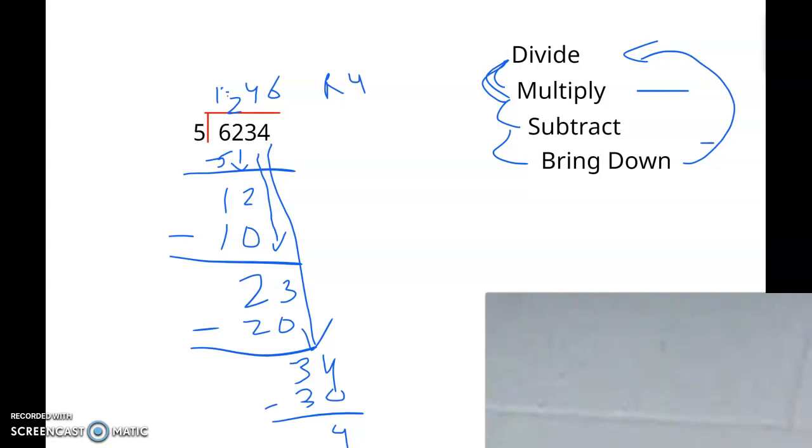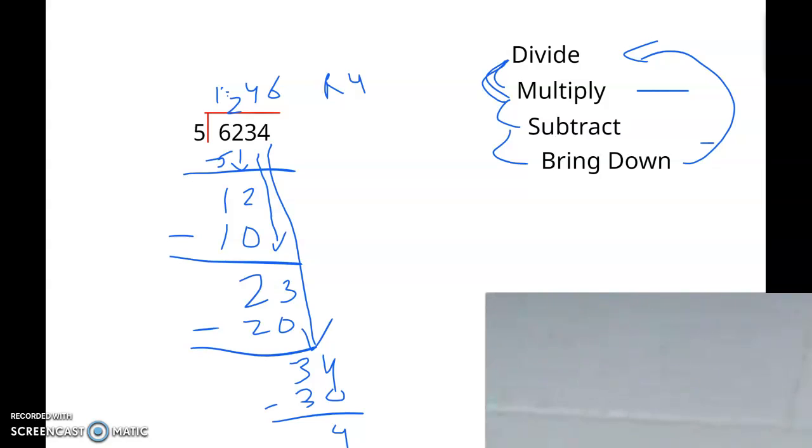Middle school, we generally expect you to work it out a little more. I'm going to show you how to do that, but that's still appropriate at times, even in middle school. Sometimes you'll have a word problem, and you're actually talking about how many cookies each person gets. And you don't want to split them up at the end. You don't want to have part of a cookie for each person. And so you say, all right, everyone gets this many cookies, and we have this many left over. And that's a remainder. So there are certain types of problems where it's completely fine to have a remainder, but